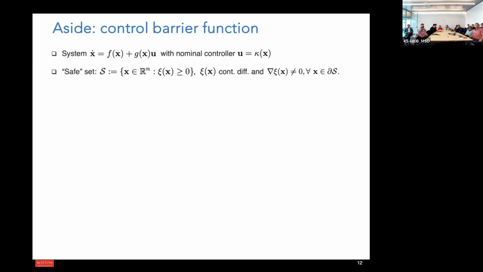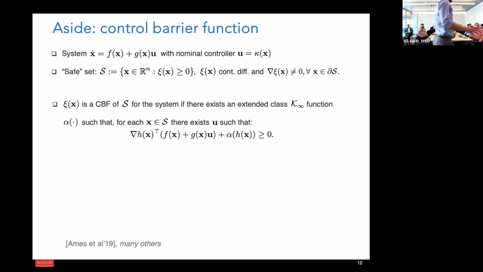But before diving into the first part, I just want to have one slide to summarize what the control barrier function is, since I'm going to be using some elements and tools from that particular chunk of literature. So very, very quickly, in the traditional CBF literature, we have a control-affine system. We assume the appropriate conditions for uniqueness of solutions and so forth. And we are given a nominal controller, u equal k(x), that perhaps has some desirable properties, like ensuring stability of a given equilibrium point. And we also consider a safe set, which is described as a super level set of